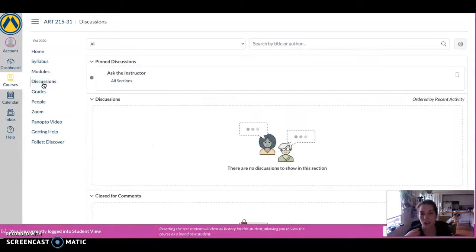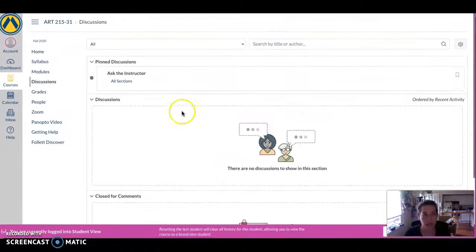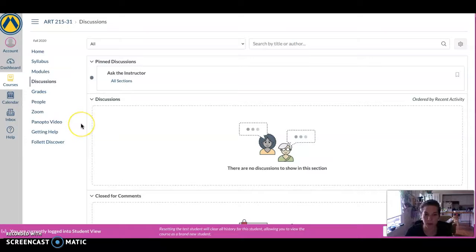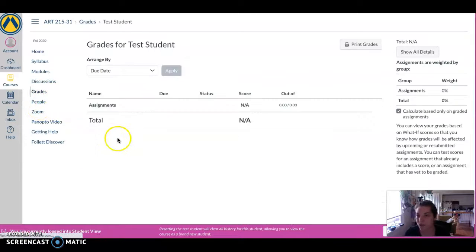Discussions, where I might post a discussion question that you have to participate in, and this is where you're going to go ahead and answer that, and then other people will answer that too. Your grades, so you can see how you're doing in the class